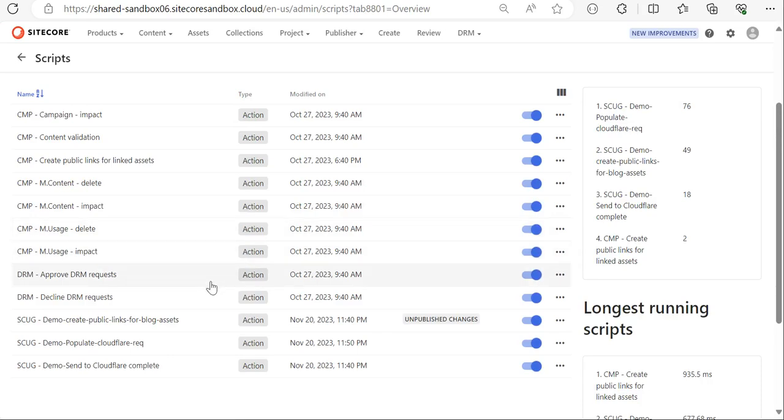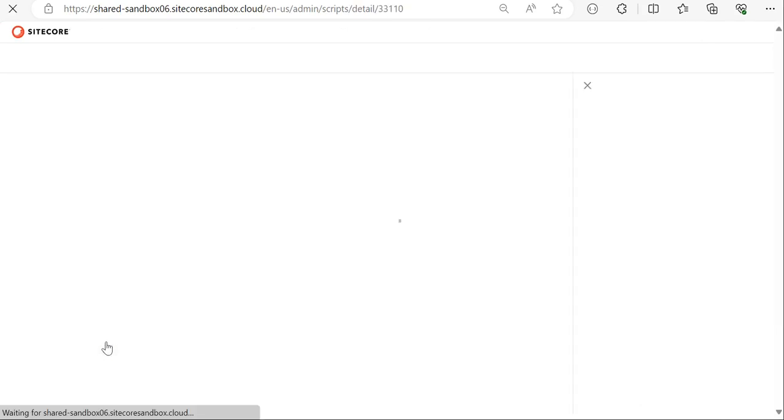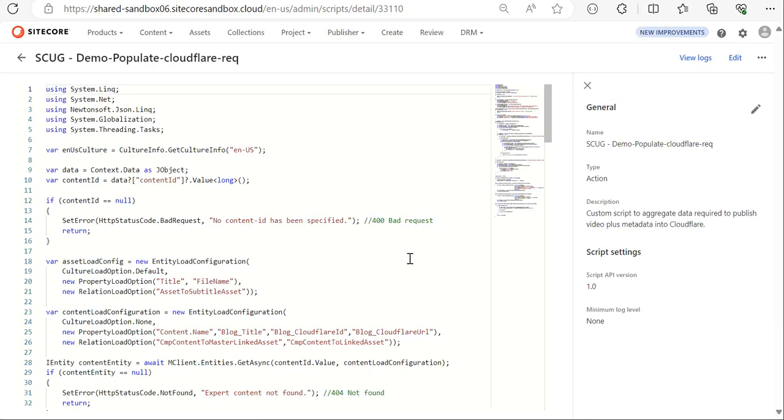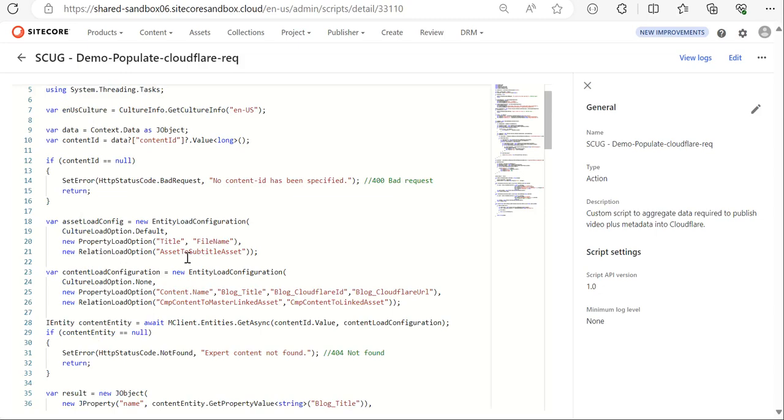Next script I have here is to populate my body, which I'm going to be sending to Cloudflare. And to do this, I make use of this script. Basically what I'm doing is getting some metadata which I need to push down to Cloudflare. So you can see I'm reading the title of the file name, and also I'm loading the asset to subtitle